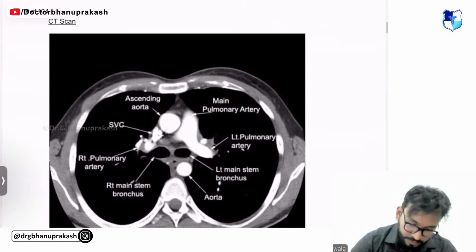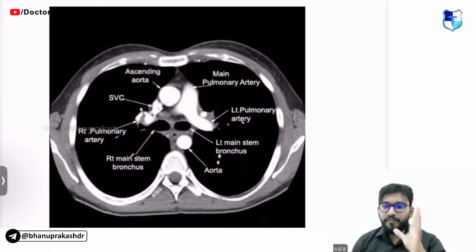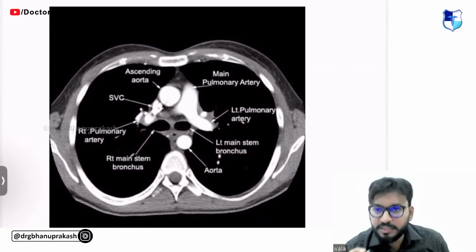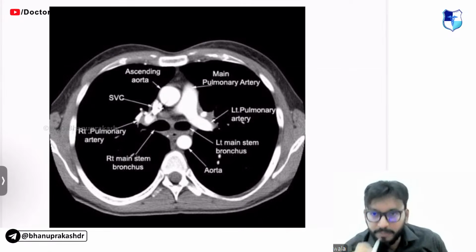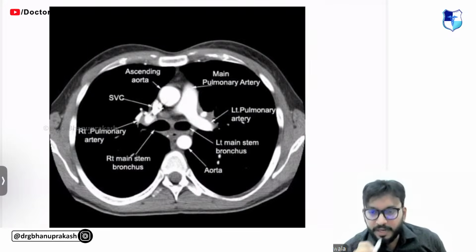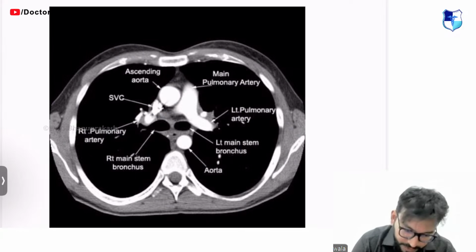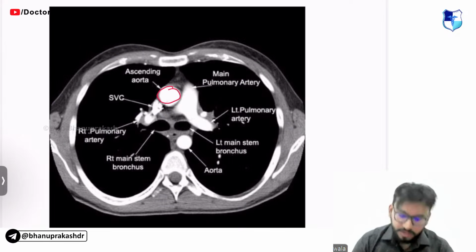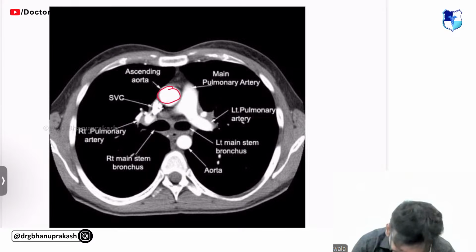Right. Okay, guys, CT scan. How to identify structures on a CT scan? Very important, guys. If you know this, trust me, you will be able to understand everything in thoracic radiology. Guys, please pay attention. This is the most important part. If you know what is normal, you can easily say what is abnormal. Again, very basic. Why is this a CT scan? Come on, tell me, why is this a CT scan?